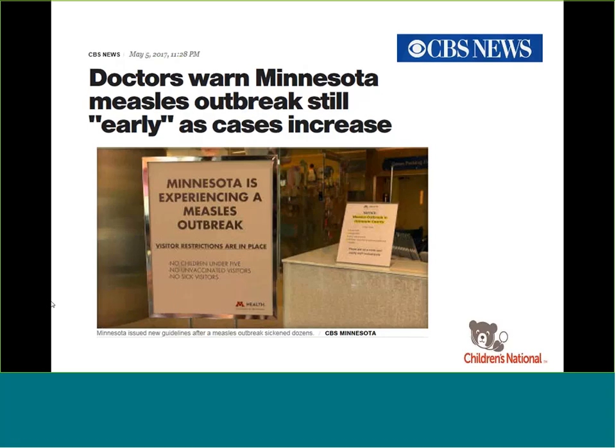You guys all know about the most recent outbreak that was noted, which is in Minnesota. Right now there are 69 cases total that have been reported in Minnesota. Of those, 65 of the children have been confirmed to be unvaccinated. One had 1 dose of MMR and 3 had 2 doses of MMR. 66 of the cases are in children less than 17 years of age. 3 cases are in adults. And the vast majority of these are in the Somali Minnesotan community.